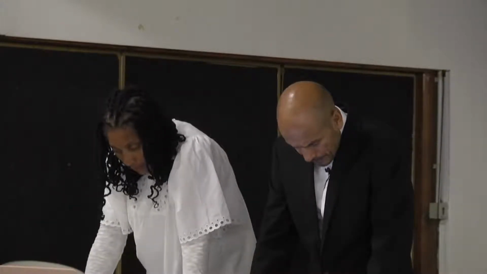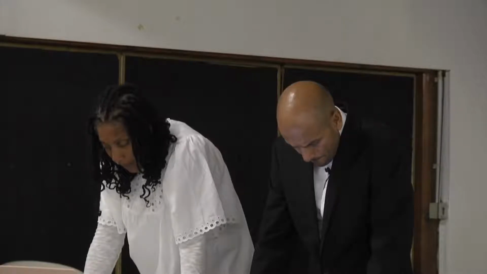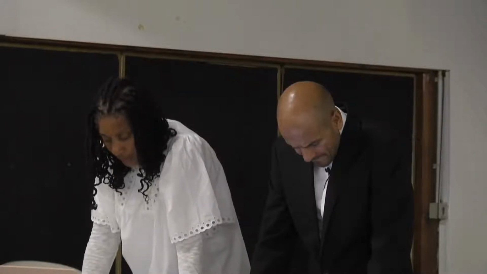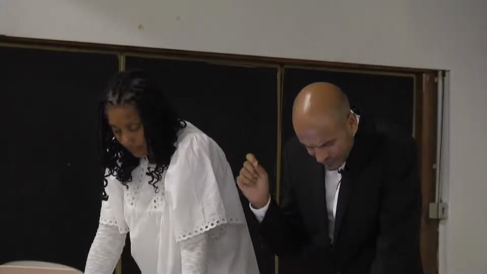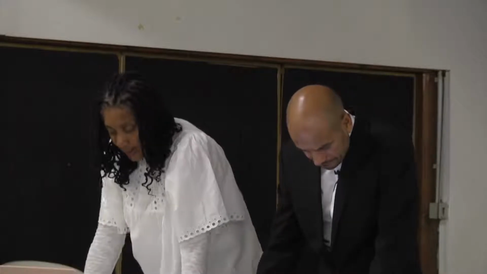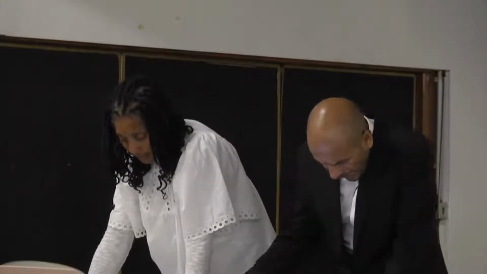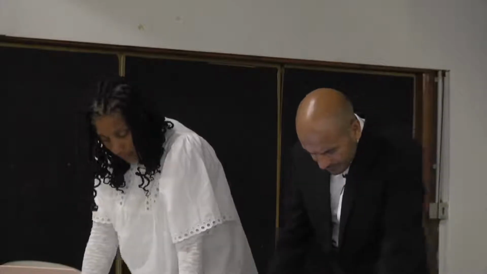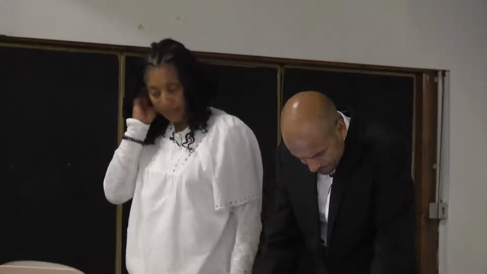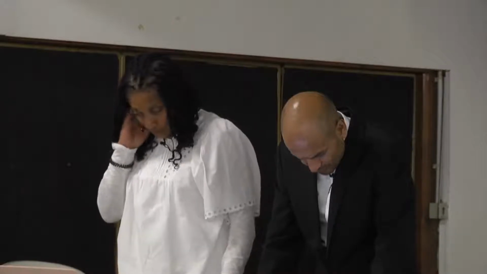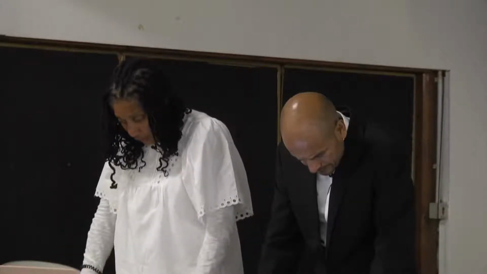Et vous dites, si nous avions vécu au jour de nos pères, nous n'aurions pas participé avec eux à répandre le sang des prophètes. So who's mentioned there? It says our fathers. And if we read verse 31, c'est pourquoi vous êtes témoins contre vous-même que vous êtes les enfants de ceux qui ont tué les prophètes. So we got verses 30 and 31, the fathers and the children, two generations.